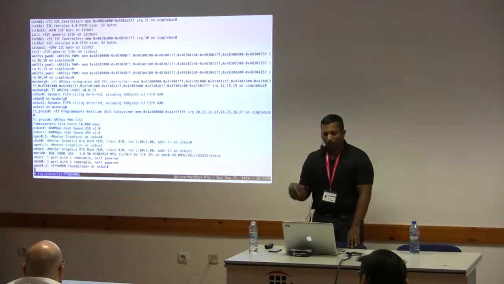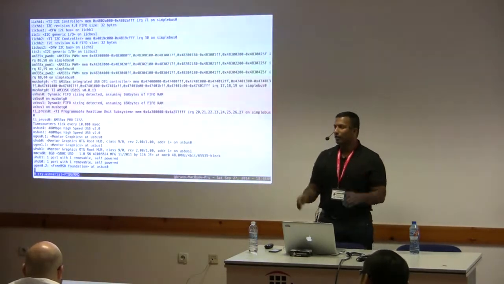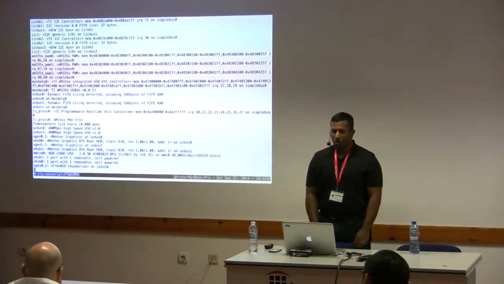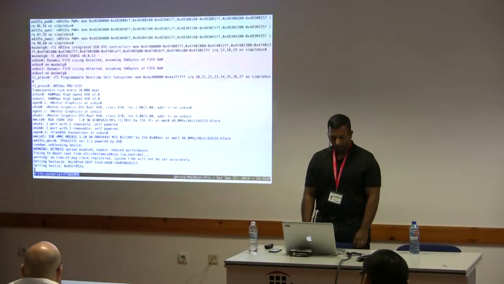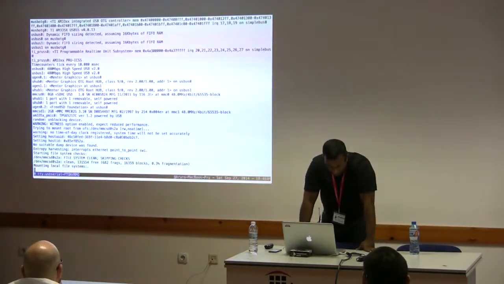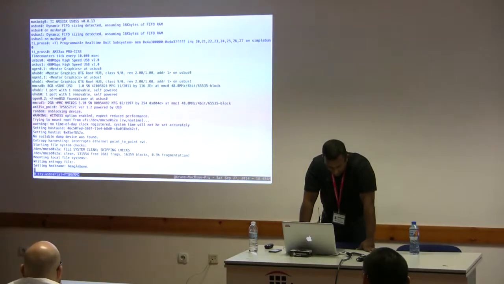Now the kernel's running, and we're doing a bunch of device initialization. What I'm going to do throughout the talk is go through the process of how FreeBSD boots on ARM, and we'll focus on the machine-dependent parts, the early kernel initialization. I won't talk at all about the machine-independent initialization. There are a lot of other good resources out there for that. Okay, so now we're in userland, and then we're going to run a bunch of init scripts and eventually get